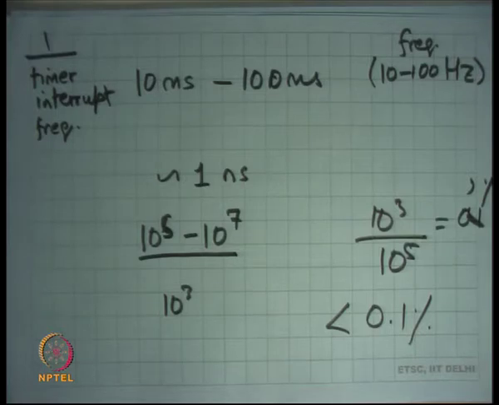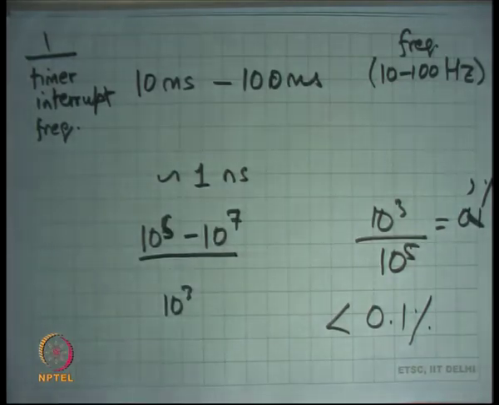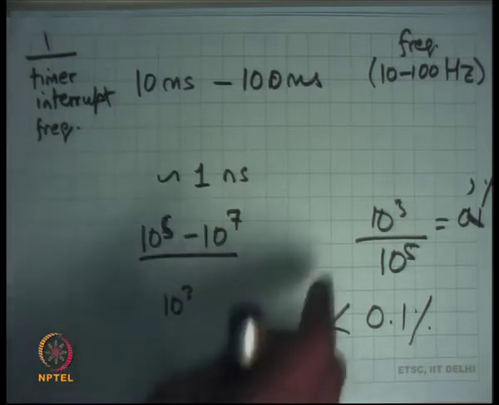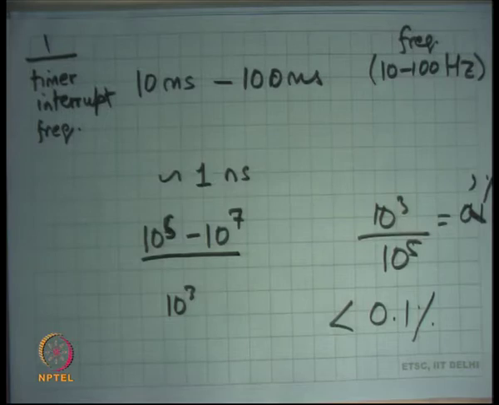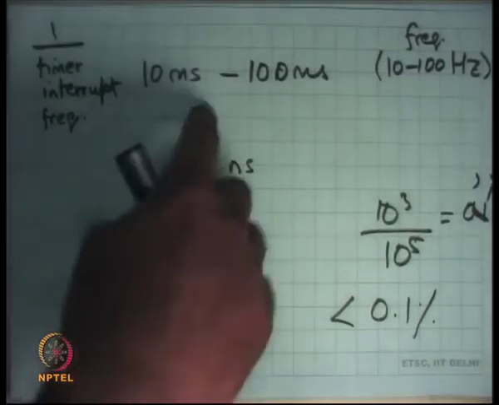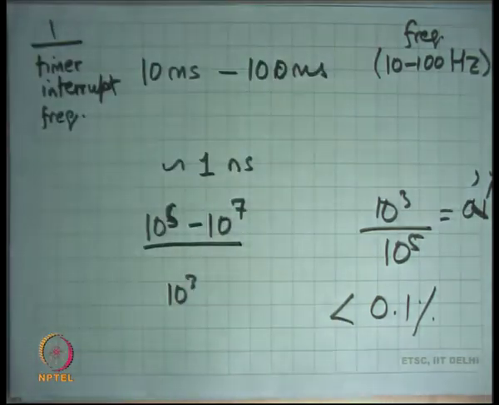Of course, you may say, but what happened in the early days? Right now we have 2 gigahertz machines, but not too long back, let's say 20 years back, we had only 100 megahertz machines at most. When you had 100 megahertz machines, this overhead may have increased because the number of instructions you can execute in a timer interrupt is smaller. But then you also used larger values of the interval, let's say 100 milliseconds.